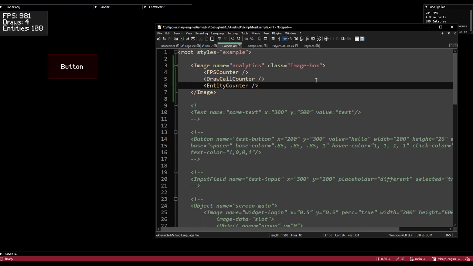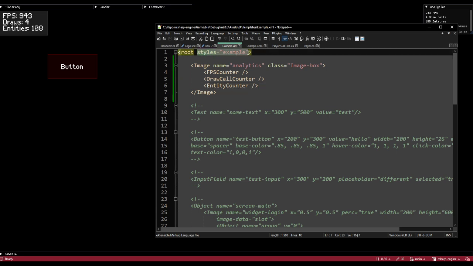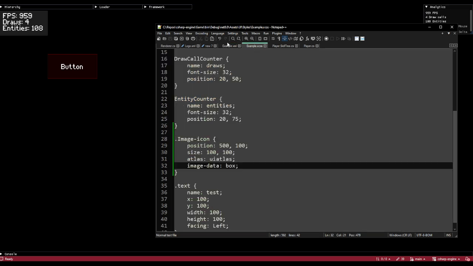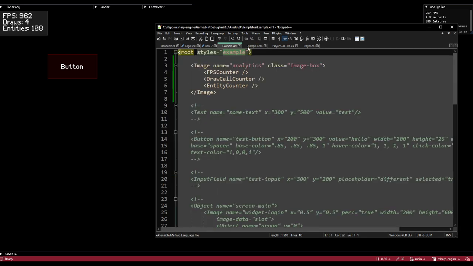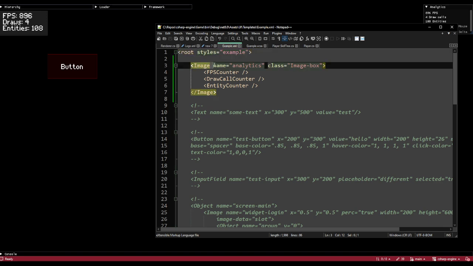To make this work, you create an XML file and you have to give it a style. Well, you don't have to, but it's advised that you give it a style because that's how you describe any component. So the style is called example, which is this style, example.x CSS. To describe a component that's already coded in, that you might not have access to changing how it gets parsed,